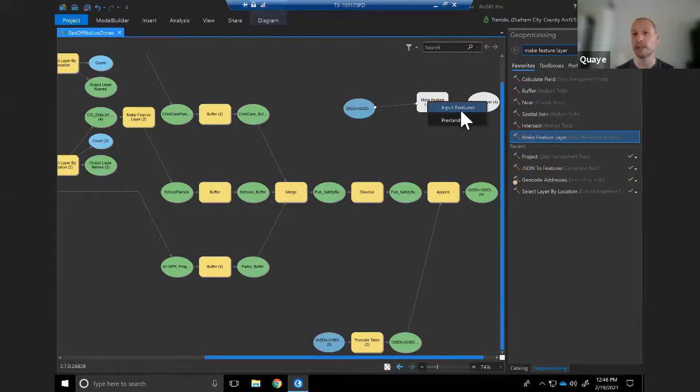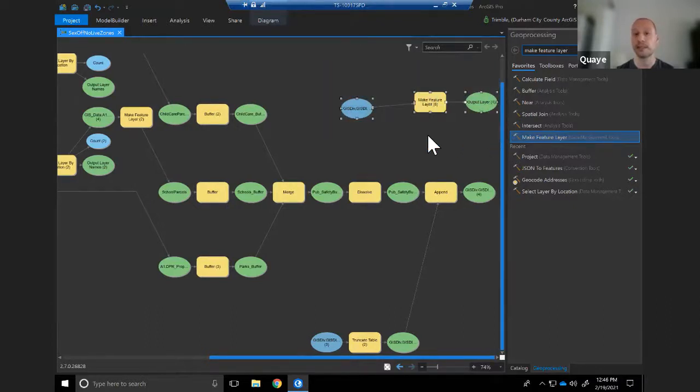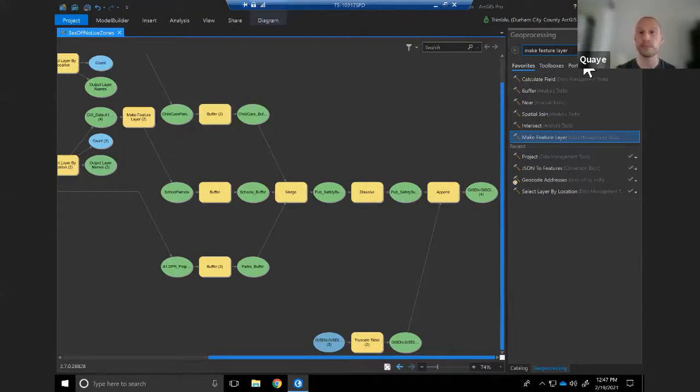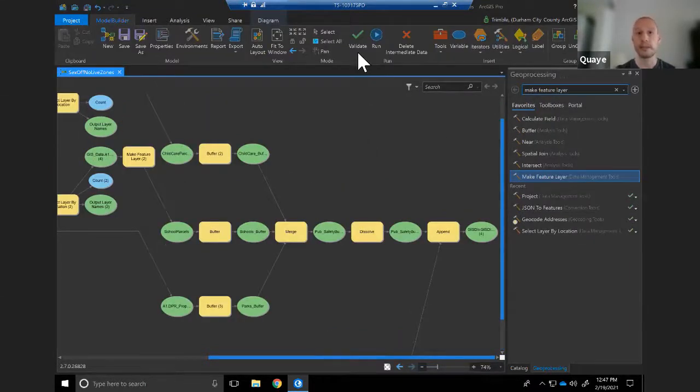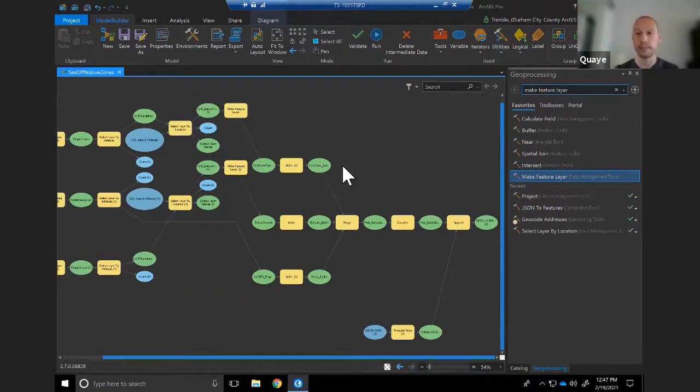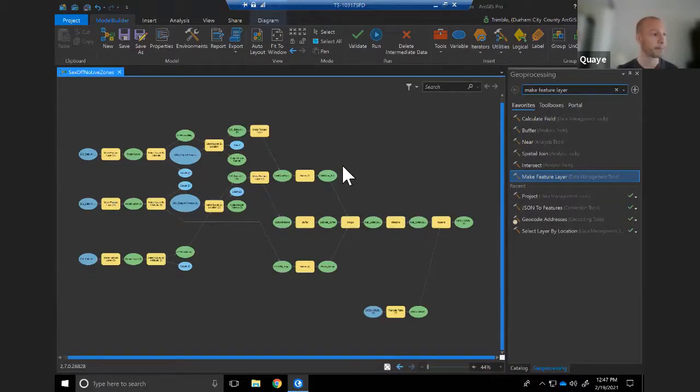And then it gives you some options here. So if I just say it's an input, this is a good sign. If those gray shapes get some sort of color applied to them, then you're in good shape. Once your model is done, you can use the validate tool and run it. I'm not going to run it because it does take a little bit of time. So that covers creating the model. Let's learn how to run the model on a schedule.